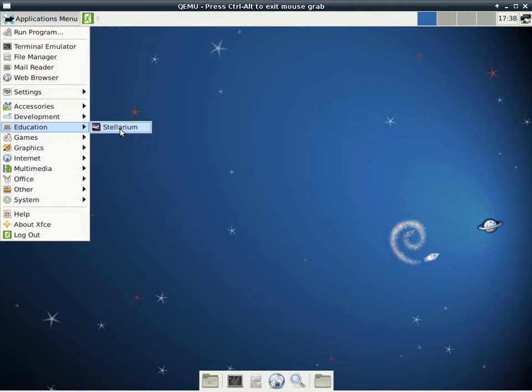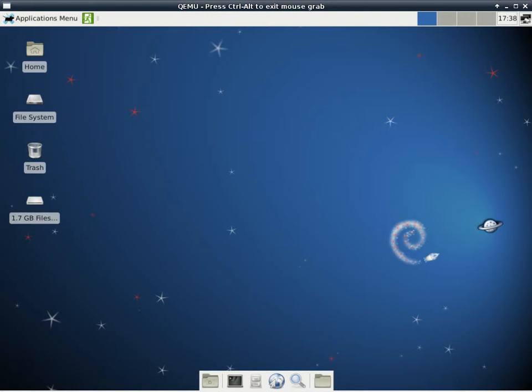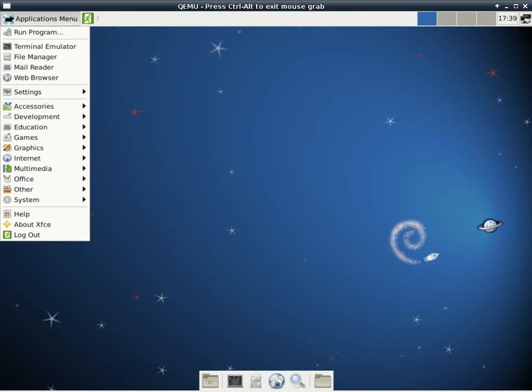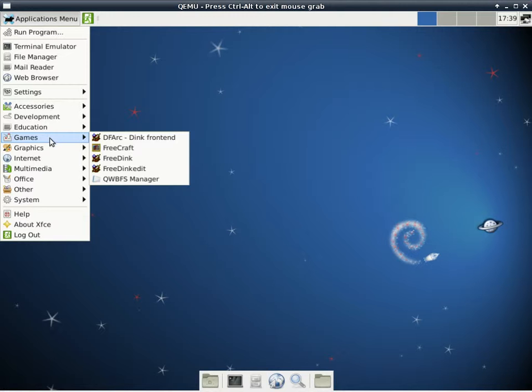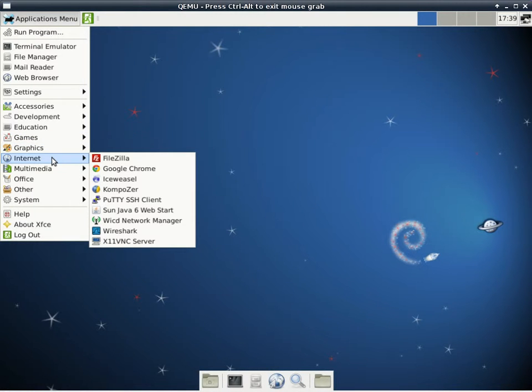Under education, we have Stellarium. Stellarium is kind of like your own personal planetarium. In fact, I can just go ahead and start it. Maybe it's not starting because my emulated graphics card does not support some of the features. Let's move on to